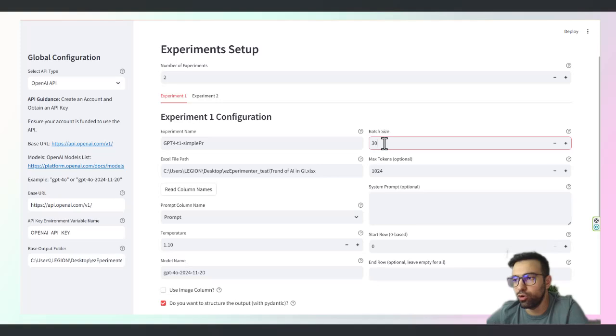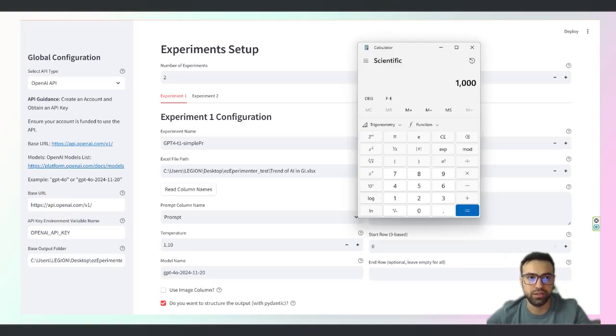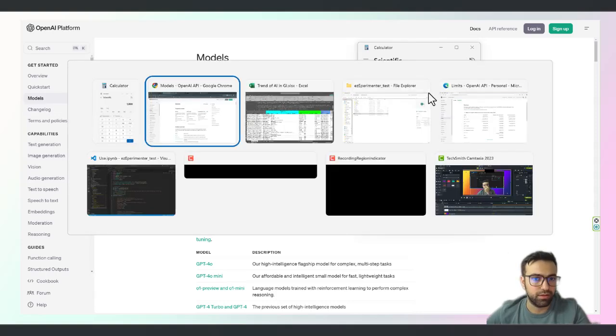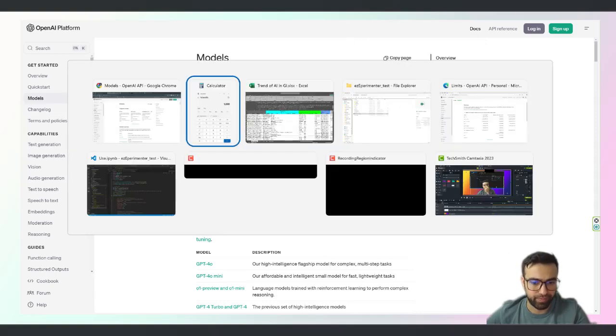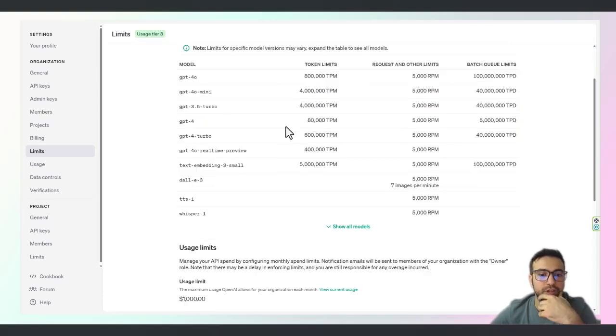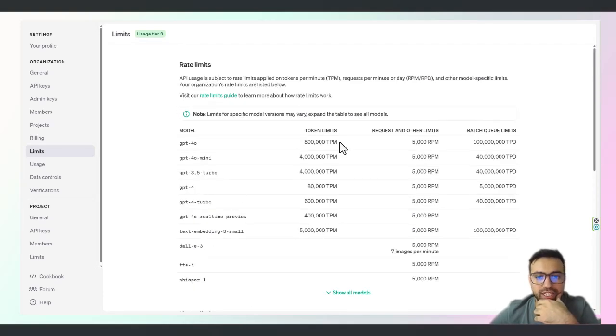But I can go with even like 1,000. But let me complete the example. So for each request, I can send, sorry, it's midnight and my mind is not working that well. So yeah, so I can send